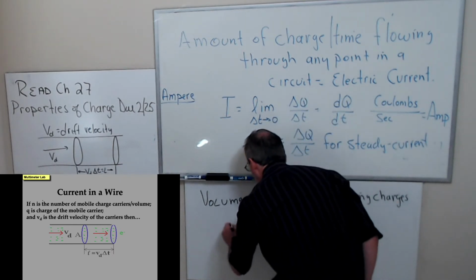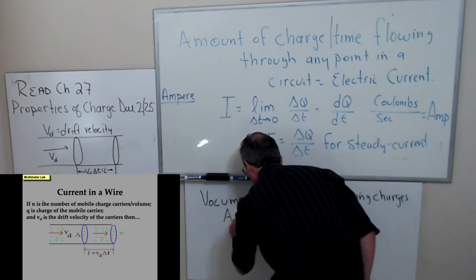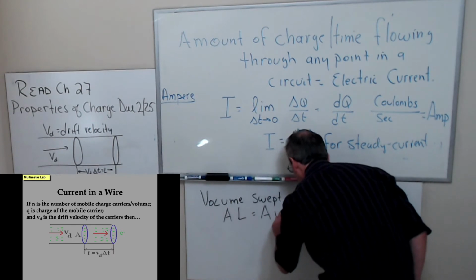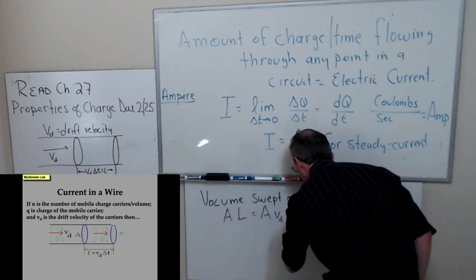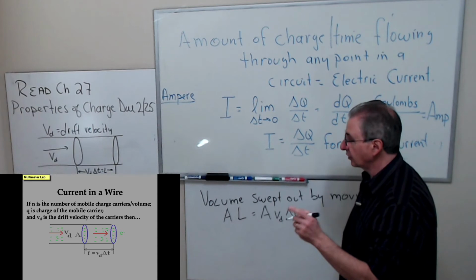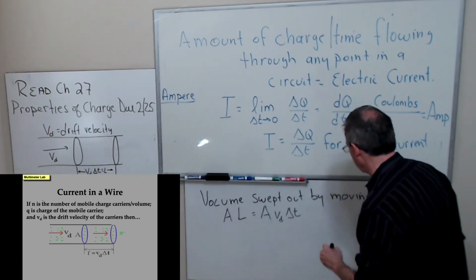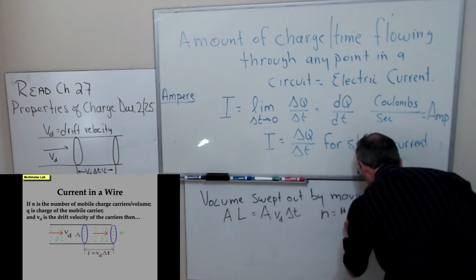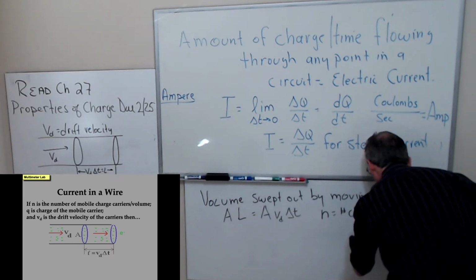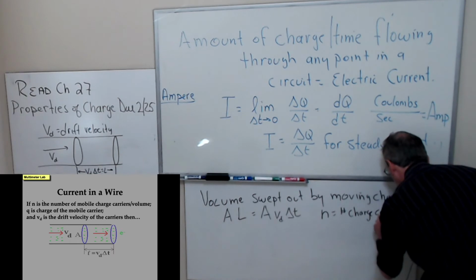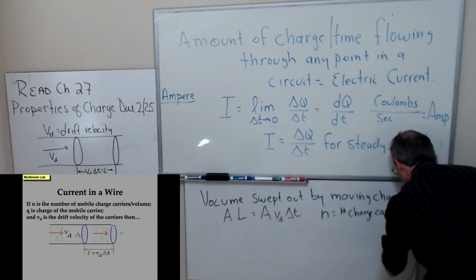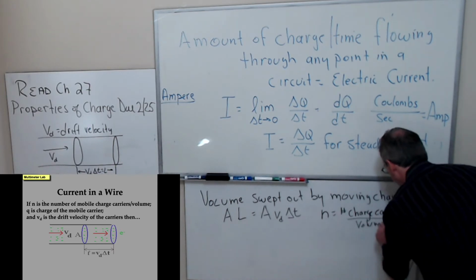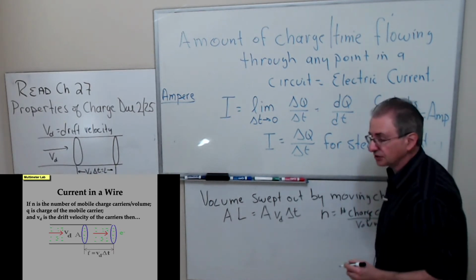That's going to be the area of the wire times L. And if I know the number of charge carriers per unit volume, then the number of charges I have